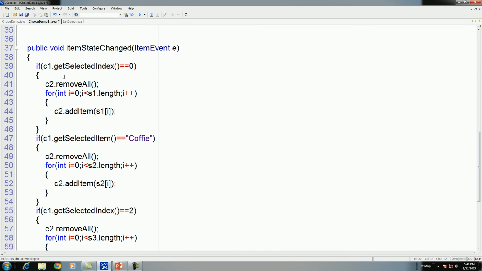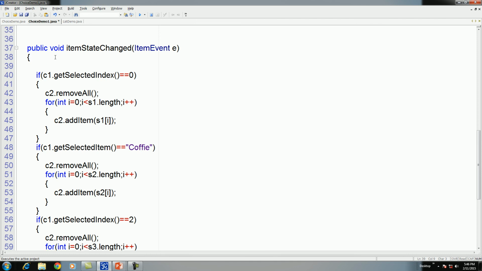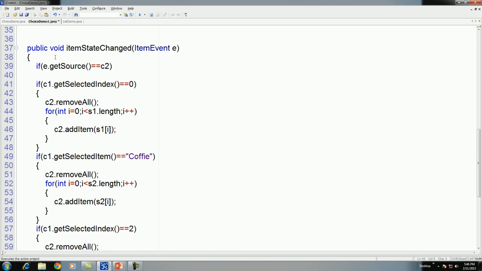Now here you have to change the code because here we have two choice boxes and you have to check which choice box is selected by the user. Therefore, e dot get source is equal to c2.